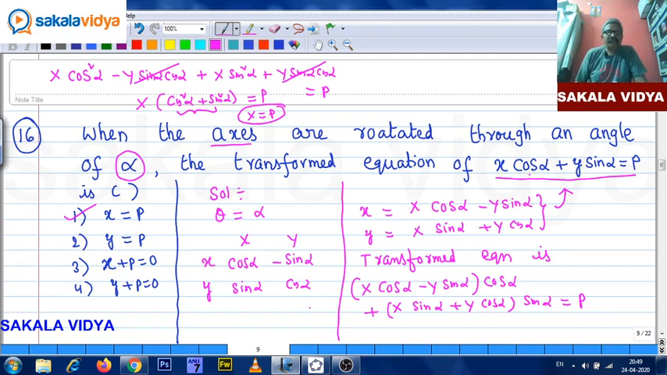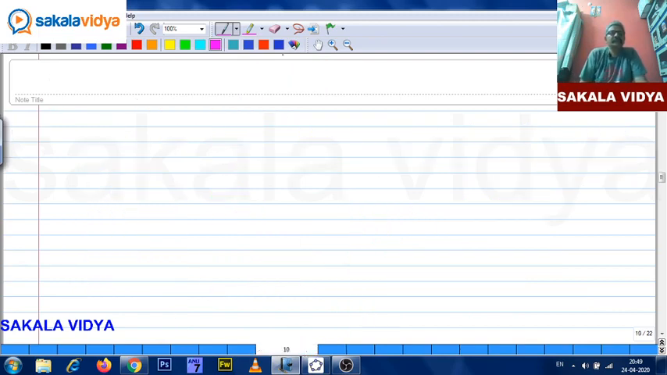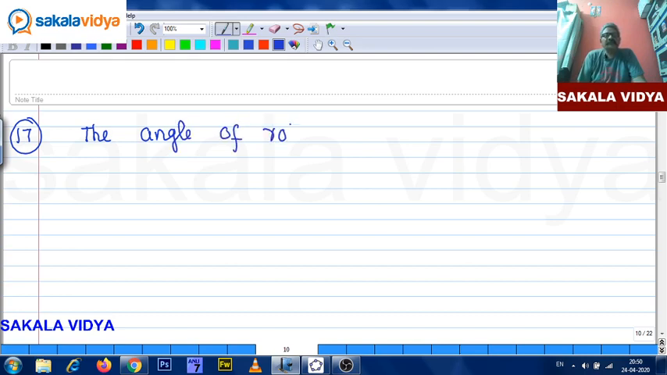So let us move to the next question. Seventeenth question. The angle of rotation of axis